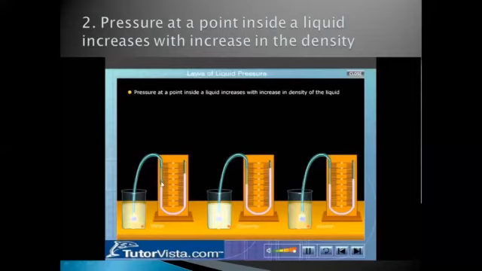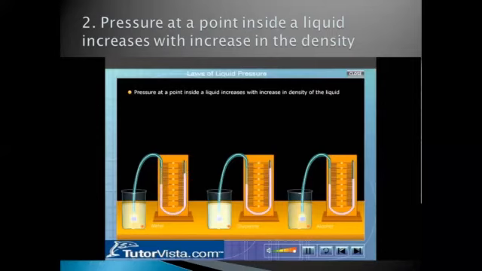Before going to that, I need to explain something. This is a manometer. This is a U-shaped manometer. What happens when you add colored liquid or mercury in this? When there is no pressure acting on the liquid, the level of liquid in both the pipes will be the same, but as the pressure increases from one side, there will be a difference in the level of the liquid. So this is nothing but a manometer.